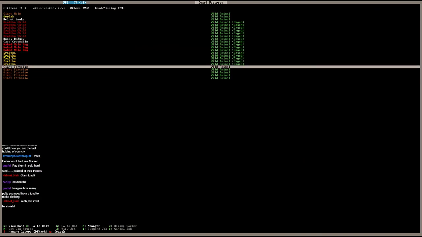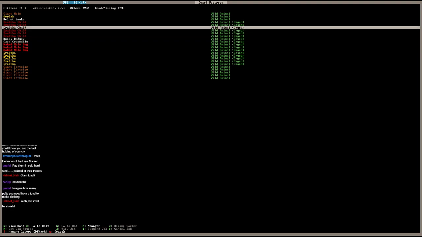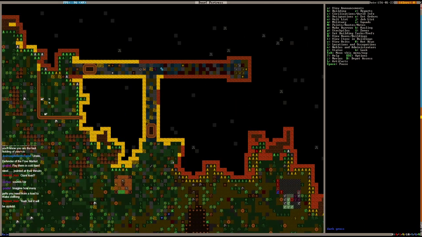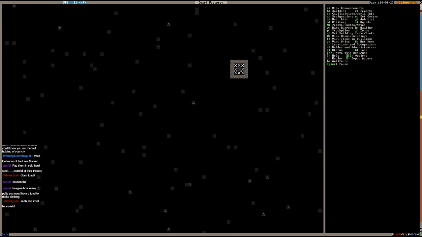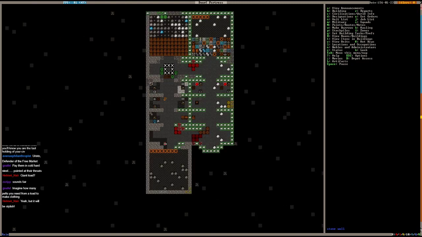We do have a shitload of cave drowthers. Look how many we got, by the way. We could start training these, but again, it's something that I don't want to do until I've gotten a migrant wave, because I don't want to divert my dwarves from important tasks until we got like...